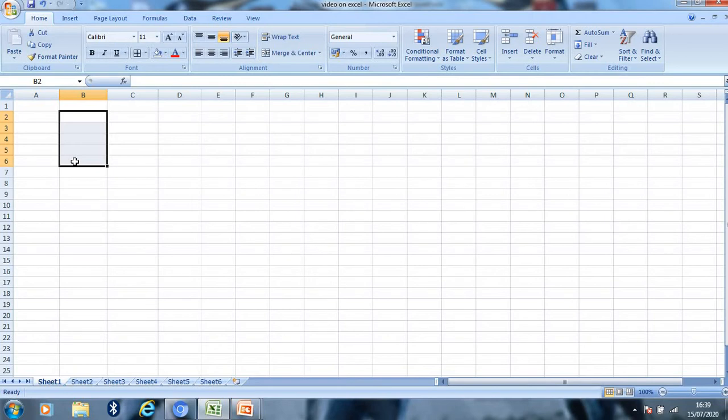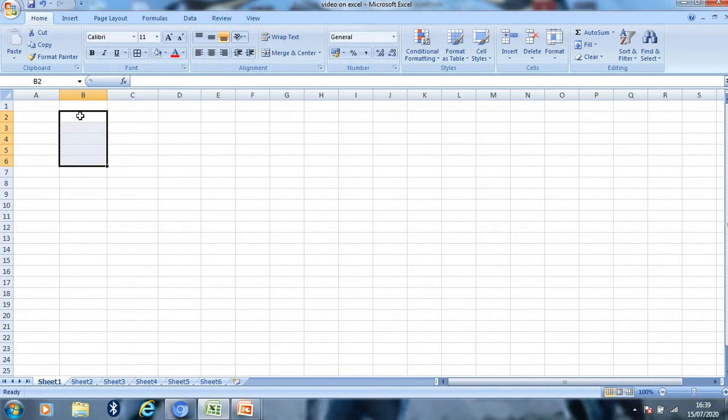Here you can see the cells from B2 to B6 get selected, and this is shown by a thick border line, and the selected cells are highlighted.